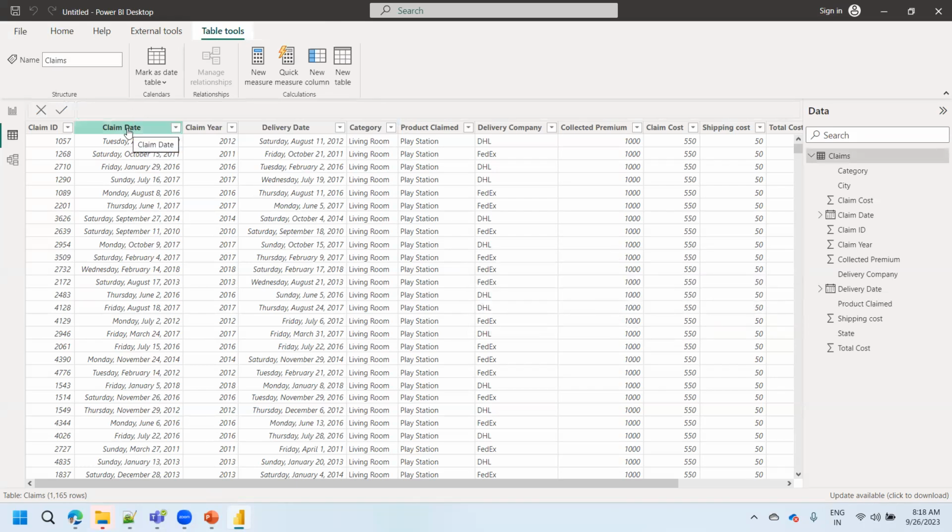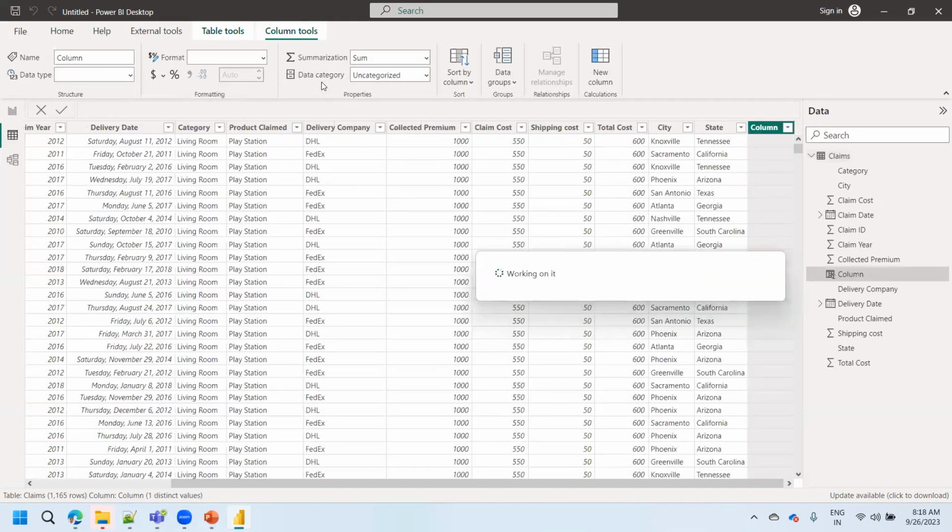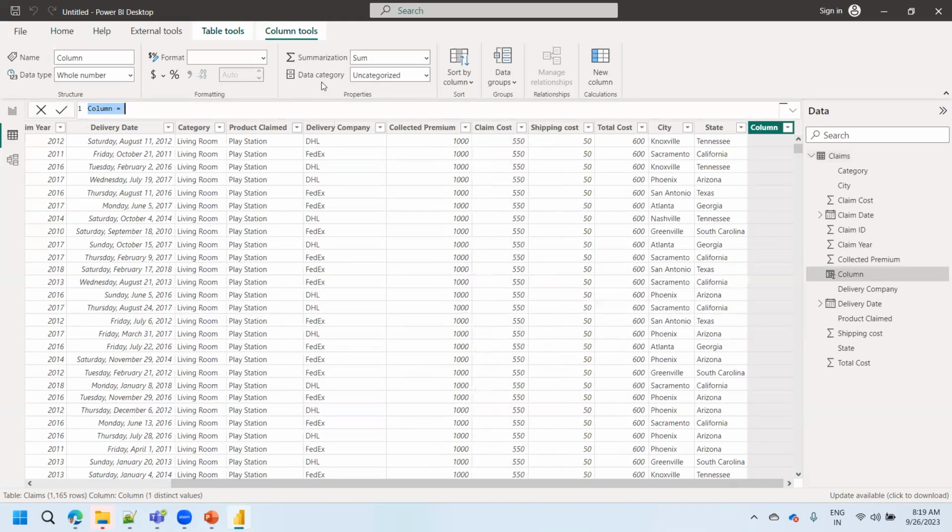So here the ask is we have to find the number of days between these two. Delivery date is August 11, claim date here is August 7. We have to find out the difference between these two. That means 4 days is coming. To get it generated as a new column, we have to make use of new column or calculated column. Select it, giving the name as